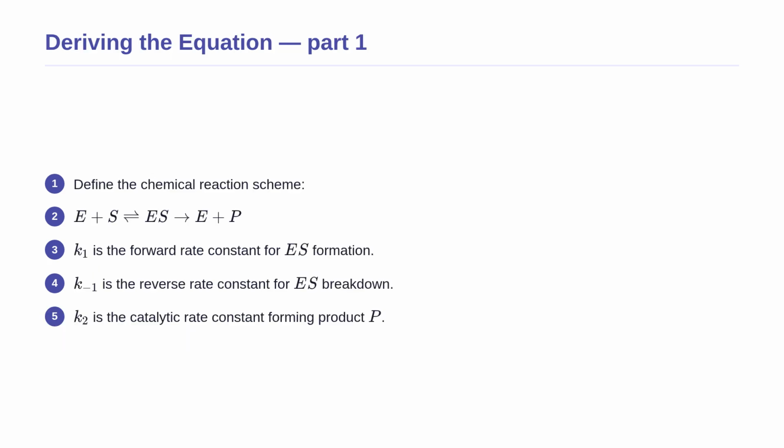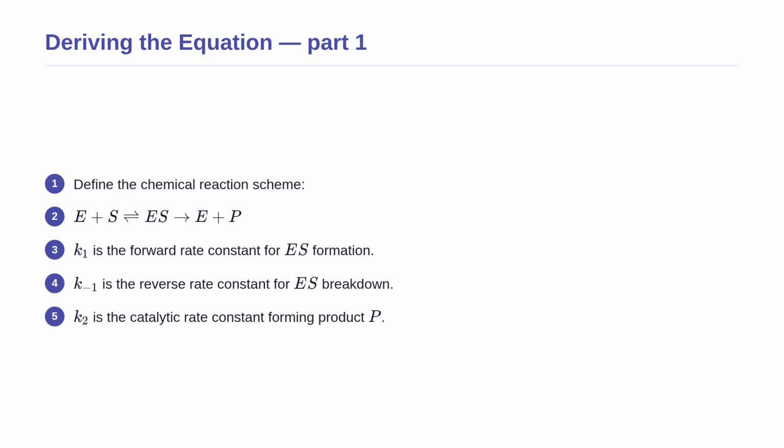Now that we have successfully used the formula, let us understand exactly where it comes from by deriving it step by step. This first chunk of the proof sets up our basic chemical reaction scheme. We start with a free enzyme, E, and a substrate, S. They bind together to form a temporary enzyme-substrate complex called ES. This step is reversible, meaning it can